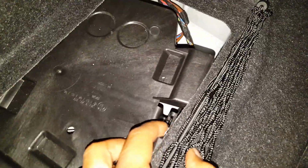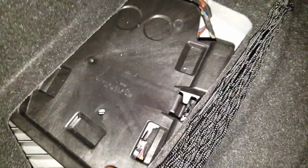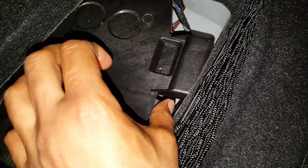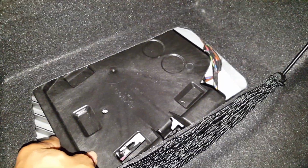Now, in this black panel, you're going to see this clip here. What you'll have to do is pull this interior panel back a little bit, and you'll get access to this black clip here. All you got to do is push it in, lift up, and then angle this over to the side. You see how it's angled here now. And inside here,